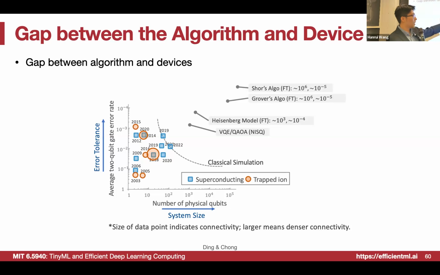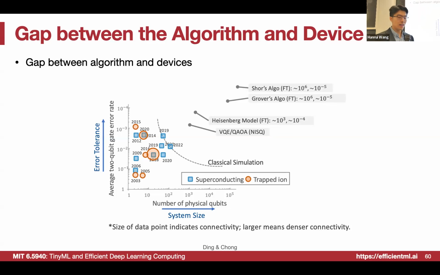However, we can see there are several very high points in the top right corner. If we want to do some variational algorithms, maybe that's closer; if we have 1,000 qubits, that's enough to achieve quantum advantage. But for those Shor's algorithms doing large integer factoring, that still requires maybe 2 or even 3 orders of magnitude larger quantum machines. And the error rate requirement is around 10 to the power of -5.